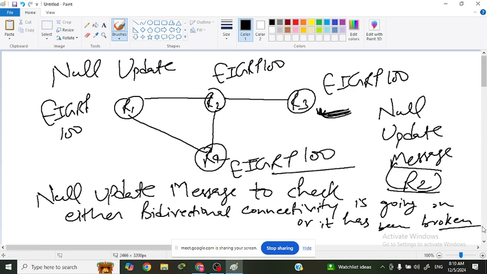So is it clear why the null update message is used by EIGRP? So these three are the update messages. Lakshman, Subhajit and Venkat, is it clear for everyone? Yes, sir. Okay. Now the next message will be,